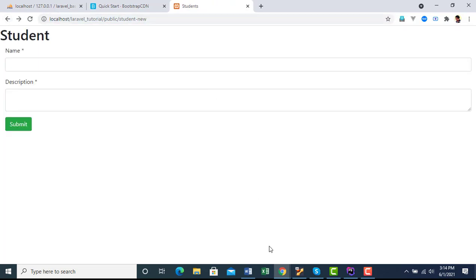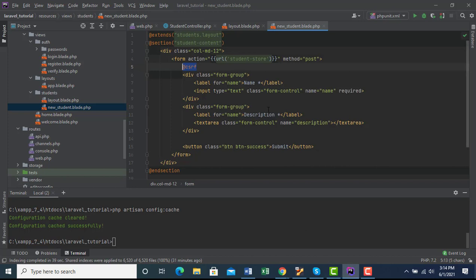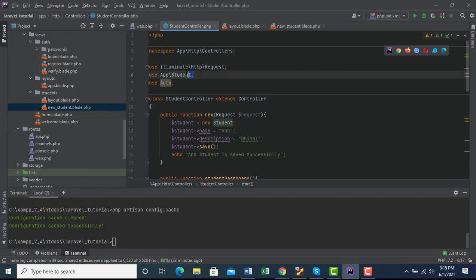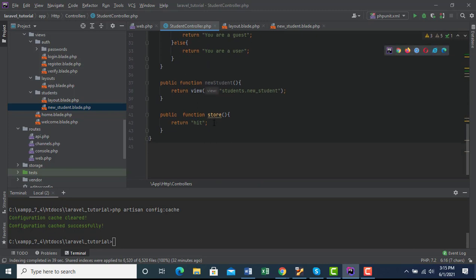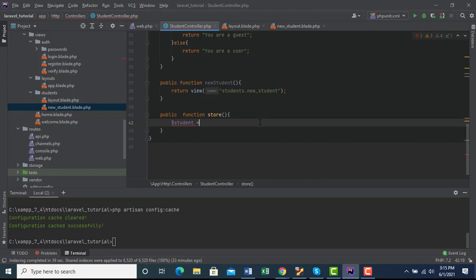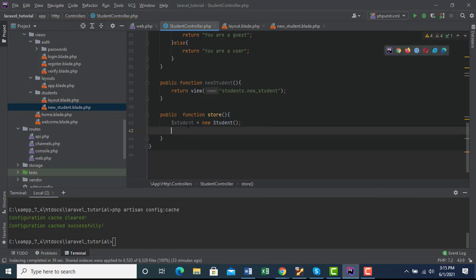Now I come back here. Now I am going to save those fields inside the DB. For that, I go to the student controller. Here, firstly I import the student model. Then I go to the method. I write this as a new student object. Then I fill